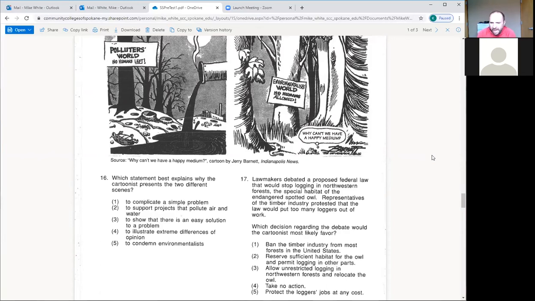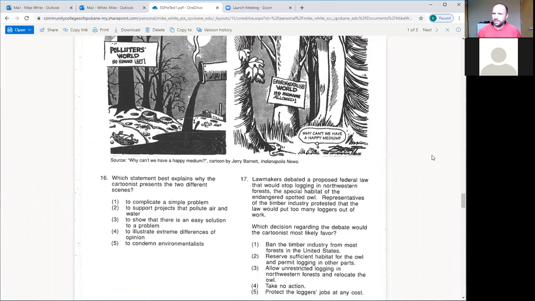Okay. 1, ban the timber industry from most forests in the United States. 2, reserve sufficient habitat for the owl and permit logging in other parts. 3, allow unrestricted logging in northwestern forests and relocate the owl. 4, take no action. 5, protect the loggers' jobs at any cost. So,